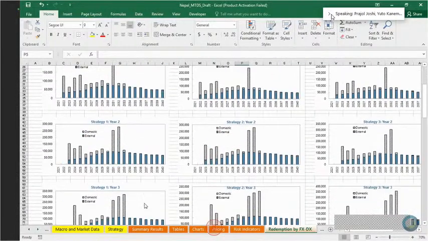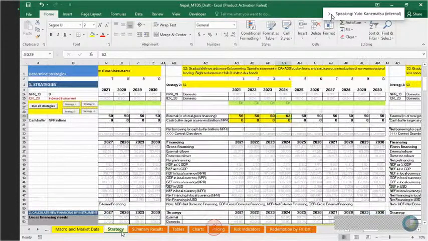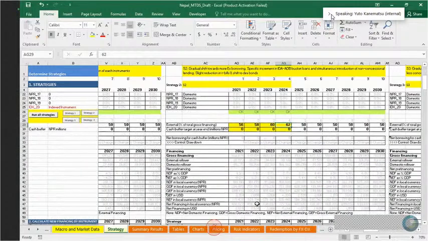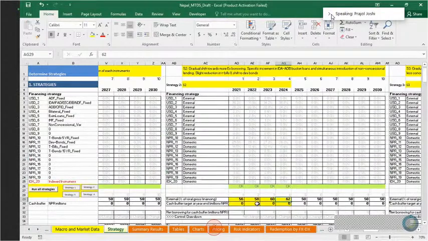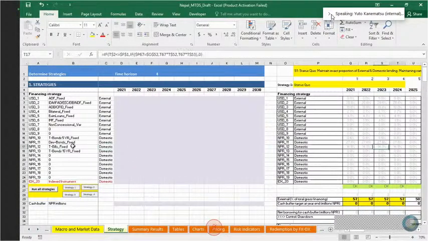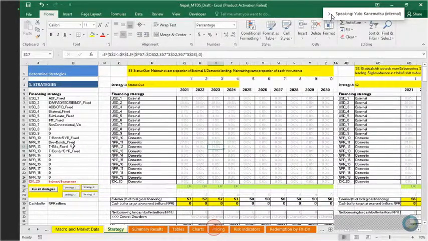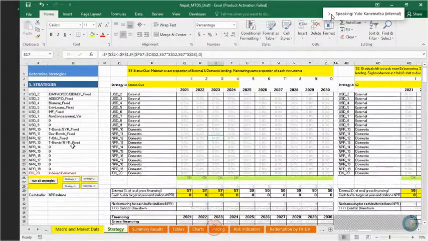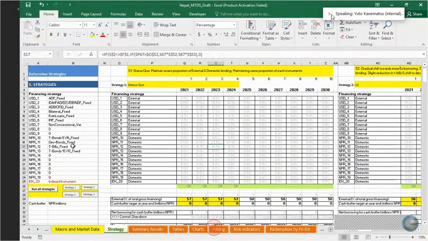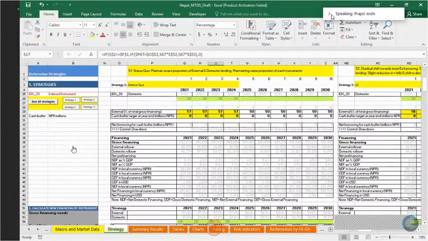I think this is due to, if you go back to the strategy sheet, the instrument number 11, which is the 10 years development bond, which takes the most share of the domestic debt. For example, in 2021 it started borrowing at 66%. So the first-year development bond borrowed in 2021 came to maturity in 2031.